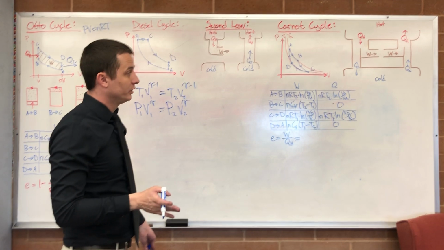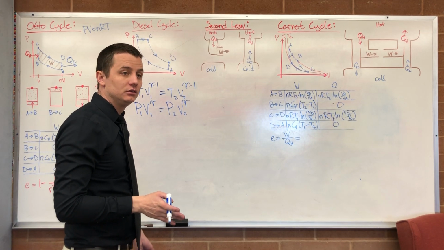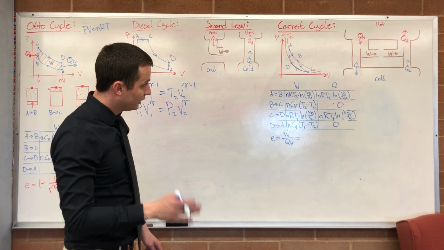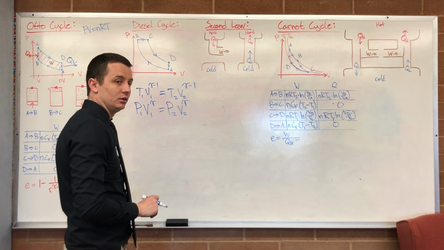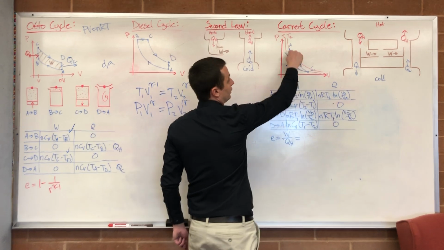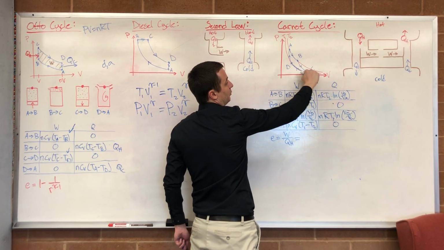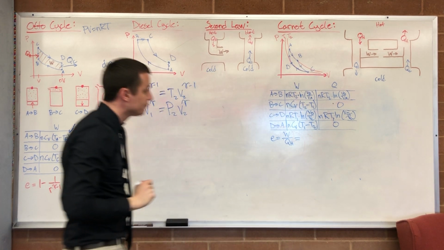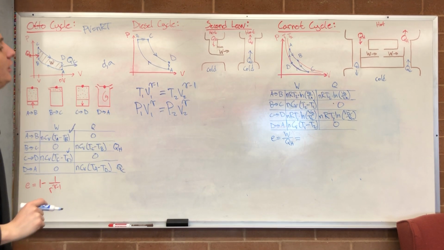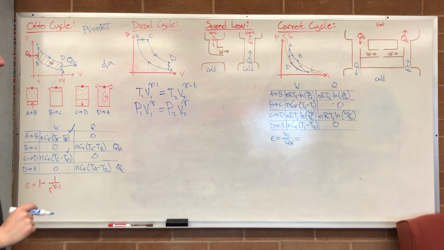Well, if we run it backwards, it'd be running like a refrigerator. But right now, we're converting heat into work. We're getting work out of the system. We're not putting work into the system. So this area here, when we go this way, come down, then our work is this area here. So we have work over QH,